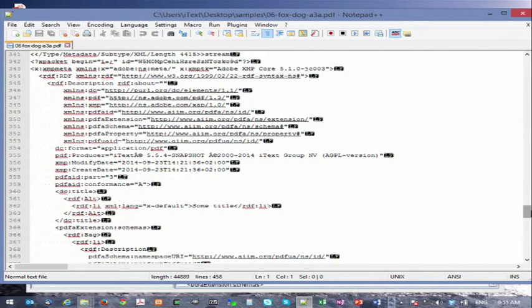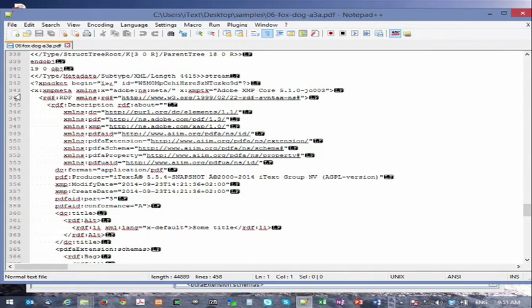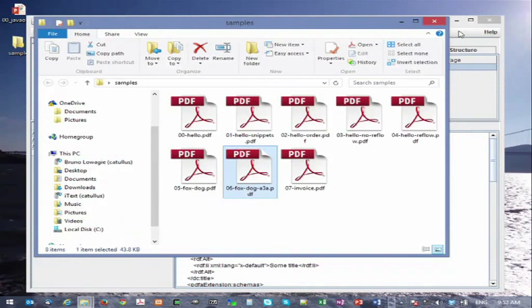Why is this? This is so that software that doesn't understand PDF can look for a specific sequence, this sequence, and can extract information about the PDF without having to read the actual PDF. This XMP metadata, you can also find such metadata in JPEGs, in image files, in any kind of document. So XMP is like a standard for metadata that can be used in many different document formats.